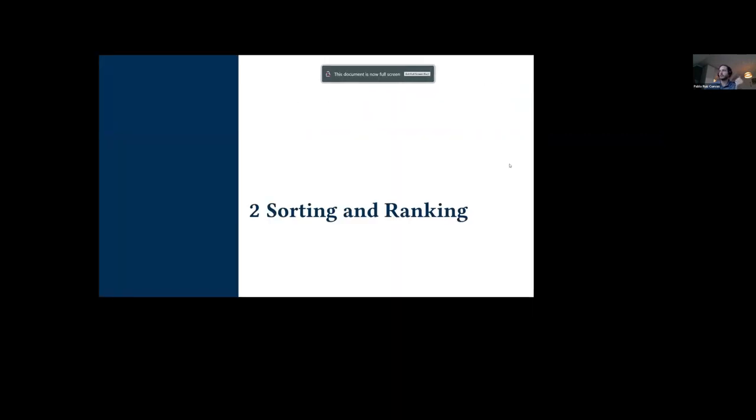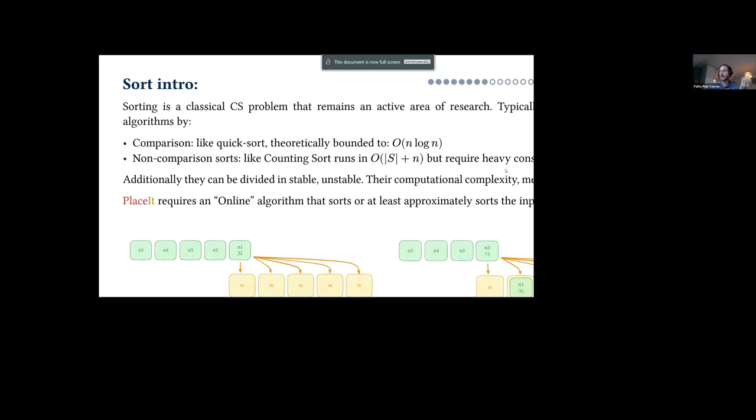Yeah. So let's go with a small introduction on sorting, that you already probably know what it is. Or ranking, there are different algorithms for sorting or ranking, and typically they all have some drawbacks. If you want to sort fast, you're probably also expending a lot of memory. The perfect algorithms for sorting require quite